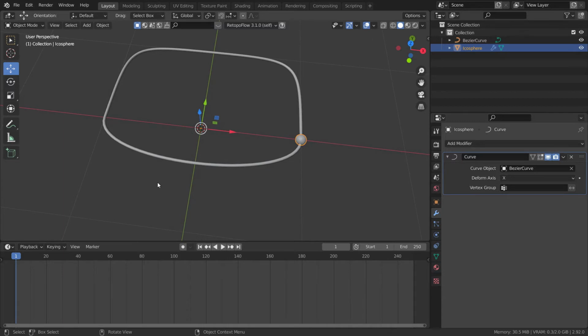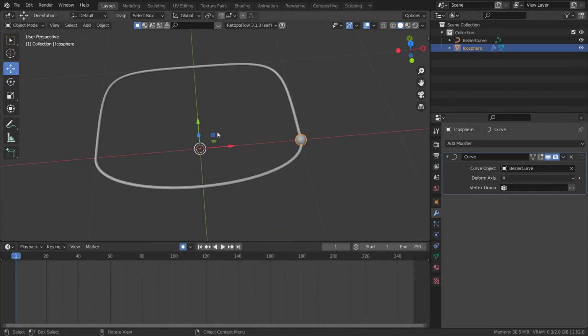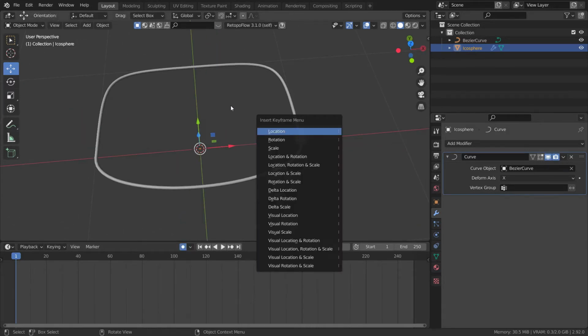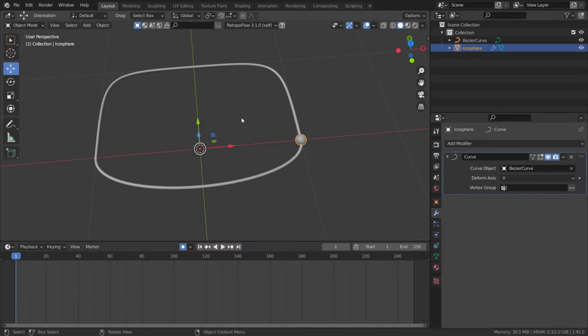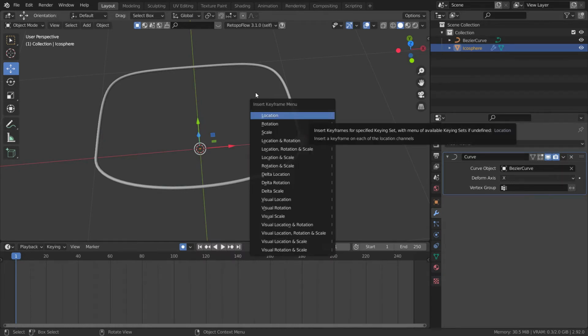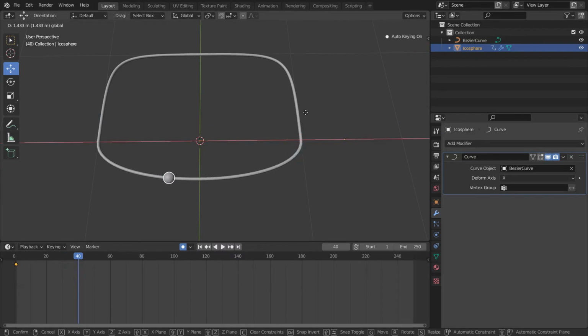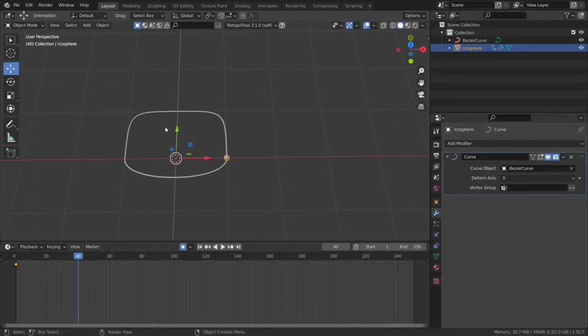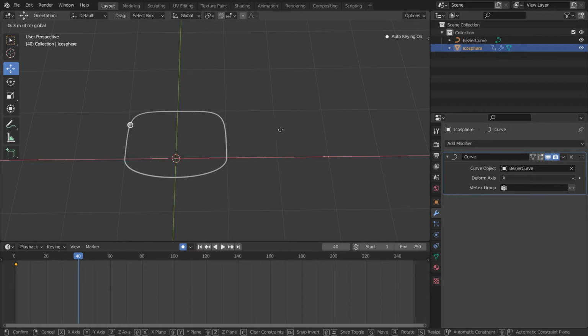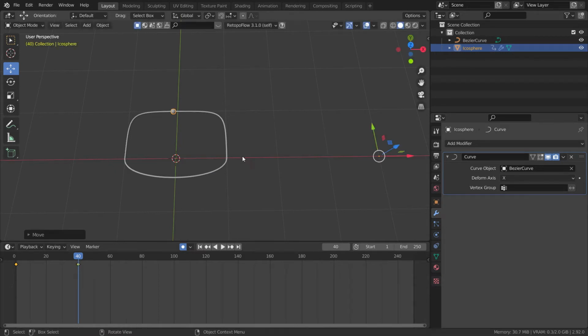So what I will do, the easiest way of doing this, is just turn auto keyframing on, and then by selecting your sphere, just press I, and then you can hit Location, and then you can go some frames ahead, like 40, and then you can just drag this to something like, wait a minute, let me just zoom out, let's grab it on X. Okay, till there.